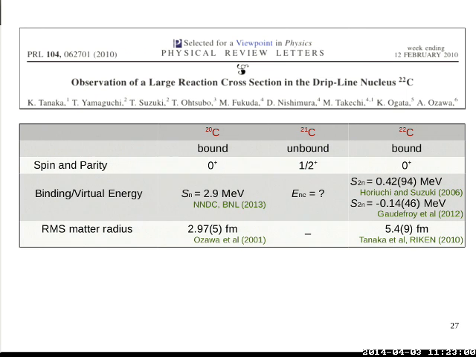Carbon-21 is 1/2 plus. So what this means is that carbon-22 can be thought of as a Borromean two-neutron halo with all two-body subsystems in S-wave. Now, actually, you can have D-wave two-body subsystems. It's possible to add the angular momenta in such a way that you get 0 plus in